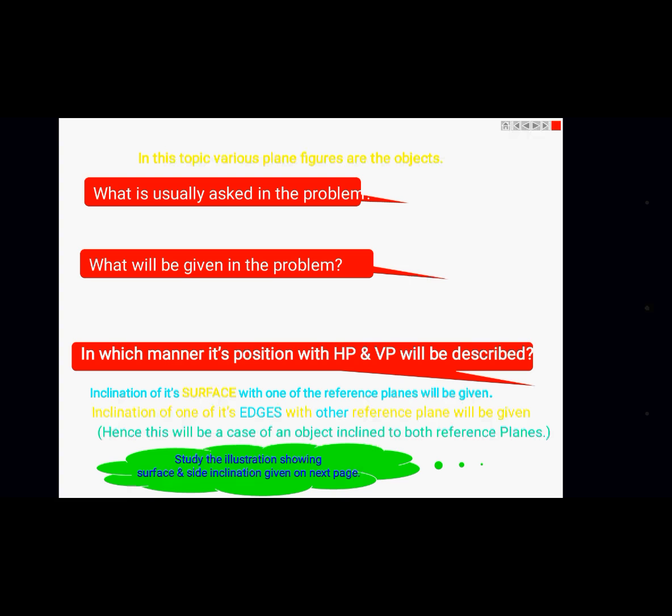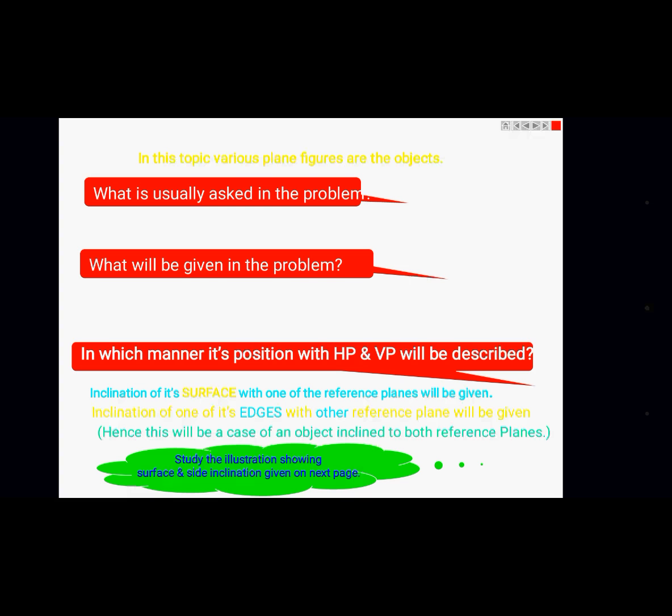In the projection of planes, a minimum of three lines is needed to get a specific type of plane. For example, a triangular lamina needs three straight lines. If you take a square or rectangular lamina, four lines are needed. For a pentagonal lamina, 5 lines are needed, and for a hexagonal lamina, 6 lines are needed. A circle is a closed profile, a curved line, closed at an angle 0 to 360 degrees.